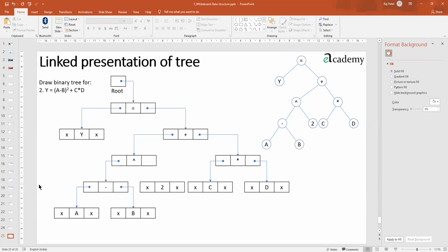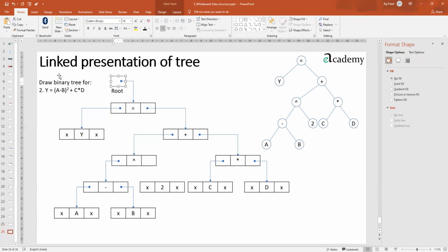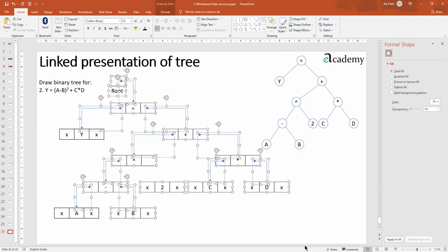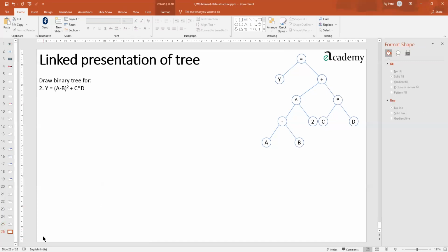They may also ask you to draw the memory representation, the linked memory representation of this only. In that case, we do not need to draw all these things, and we already have that kind of binary structure in front of us. I have never seen till now that they have asked any such questions, but still, if they want to ask, it's not difficult at all. You will find this one more convenient.